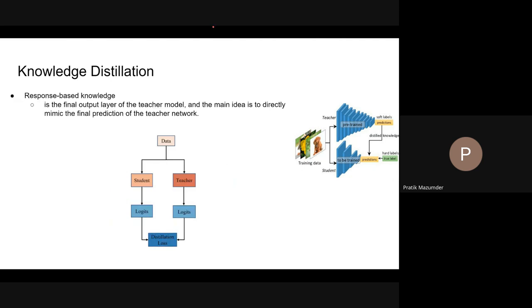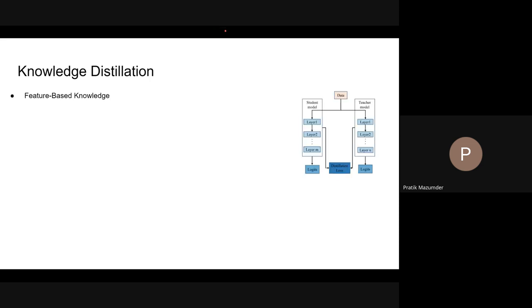Okay, so response-based knowledge distillation we have already seen, where we were simply trying to make the logits of the student as close as possible to the logits of the teacher. We have discussed this in much detail. The other option that we can look at is feature-based knowledge distillation. So for deep neural networks, if you take a trained CNN and